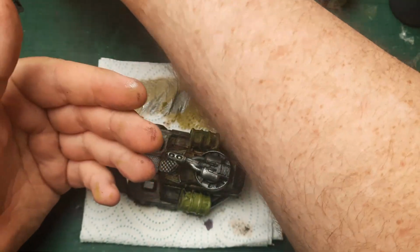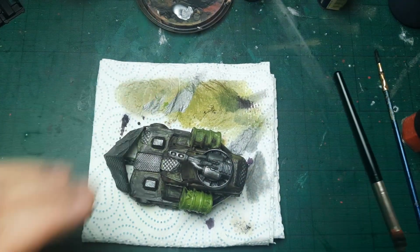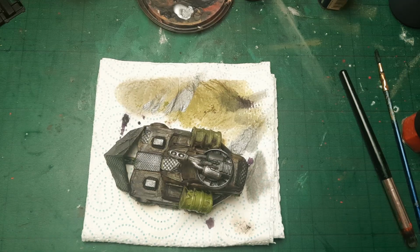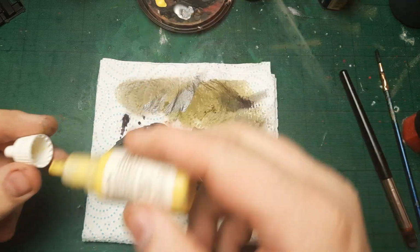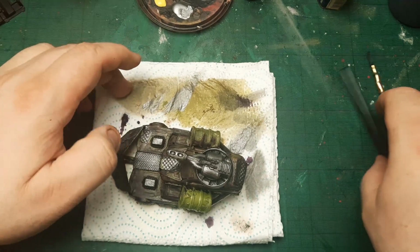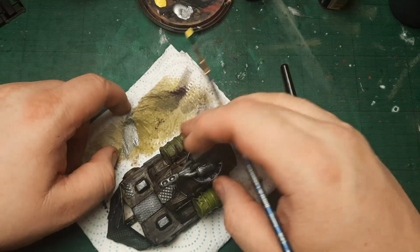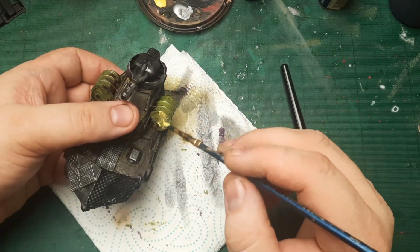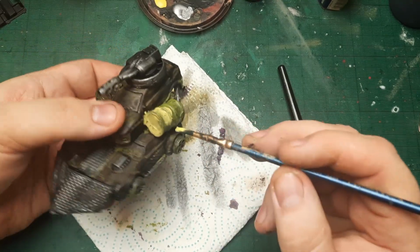Alright. My fingers are sticky, there is still some wash in the nooks and crevices. Crevices? Right, barrels. I want them to be yellow. My barrels are usually yellow or somewhat red or something like that, so I want those to be yellow. And actually I'm gonna probably use a smaller brush this time around. Just a little bit of water and hope that this is gonna...